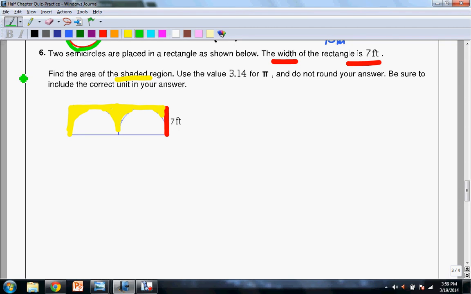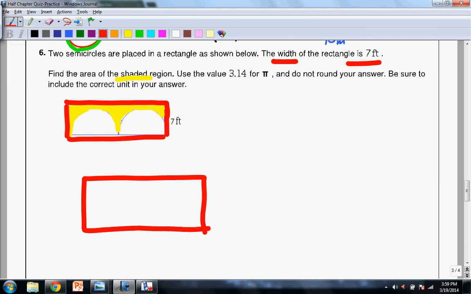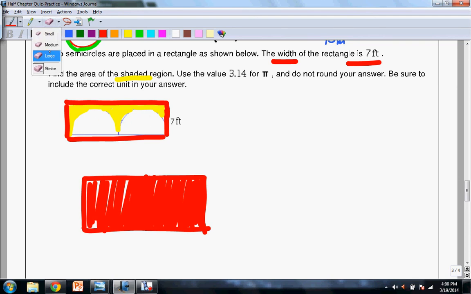Now, to get the shaded region, you can see that it's what's called a negative space. You have to find the area. There's actually two shapes here. There is a rectangle, and if you were to find the area of the whole rectangle, ask yourself, what would it take to get that yellow space? So if you look carefully, if I find the area of the whole rectangle,